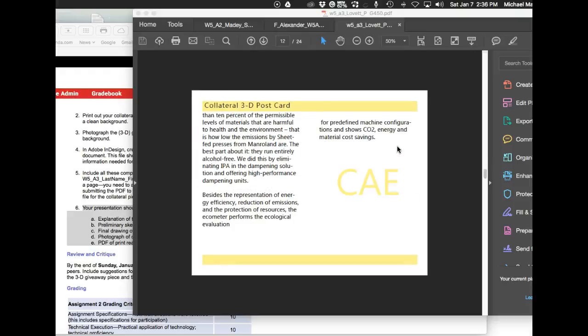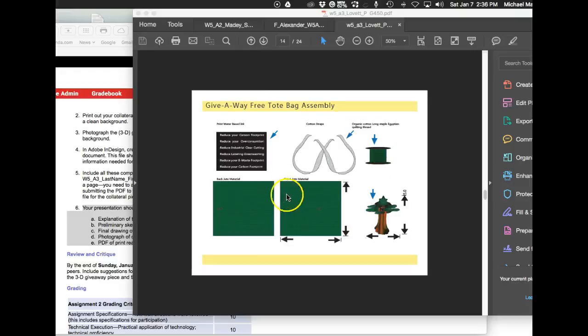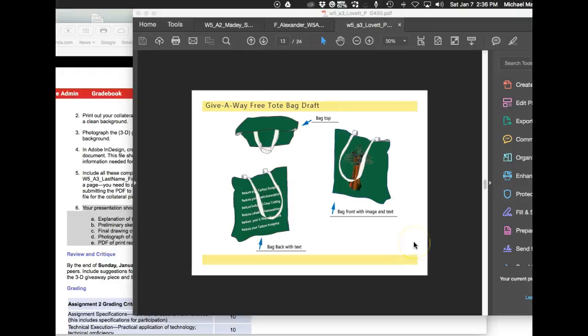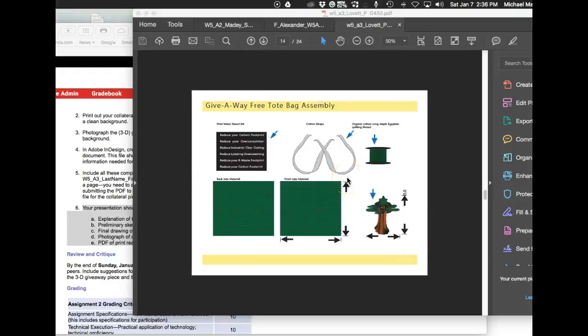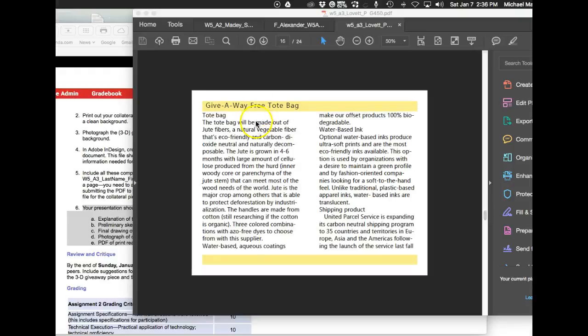3D postcard. Okay, then you have your giveaway item. That's great. This is probably your best page, because this is described very nicely, and that's a nice image. I'd put that image through Photoshop, a levels adjustment layer, bring some of the yellow out of that image, and take a couple more images too. Let's shoot the back and get as many different angles as you can. Okay, then you have your tote bag,